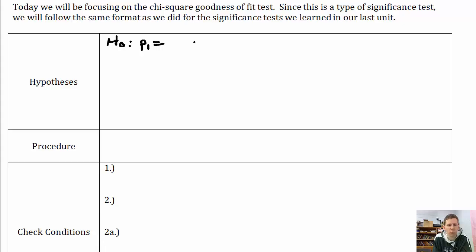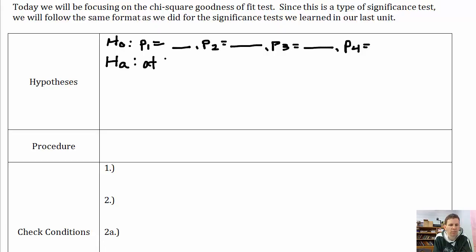There might be one proportion, we'll call it P1, which equals something. There may be a second proportion which equals something. Could be more than two proportions, could be 3 or 4, and we'd list them out whatever they happen to be here. For the alternative hypothesis, we would say something to the nature of at least one of these proportions